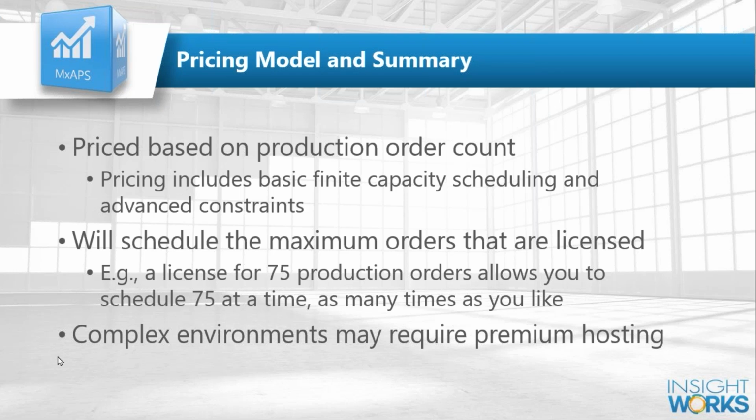All right. Now, one last thing here, very complex environments. So what we say as a threshold is something around 20,000 operations if you're using the advanced constraints or things like order sets and some advanced modeling capabilities, may require premium hosting. And what that means is your schedule is so complex that it's really making hundreds of millions of decisions as it's running the schedule. And that's not an exaggeration. It will literally make that many decisions as it's running the schedule.